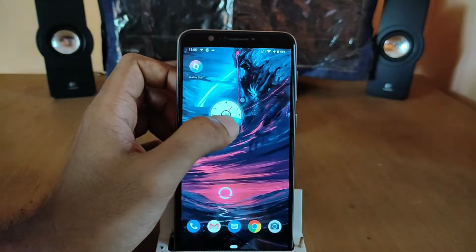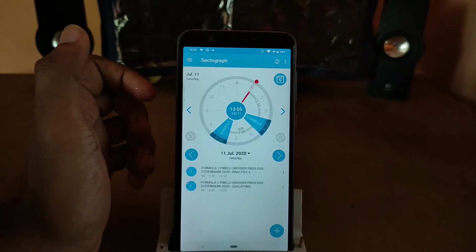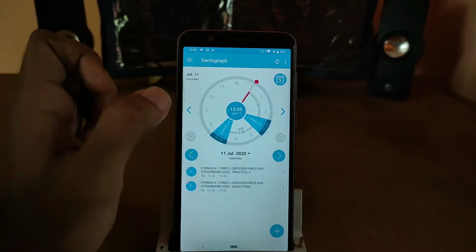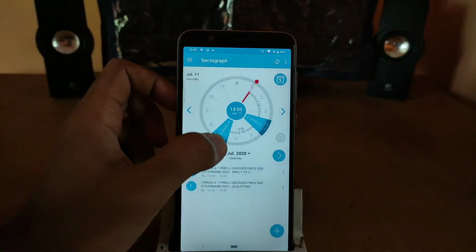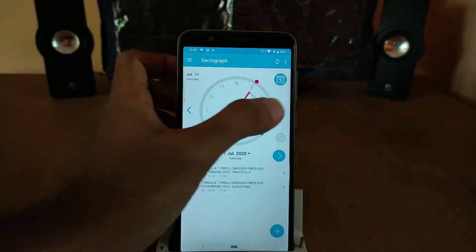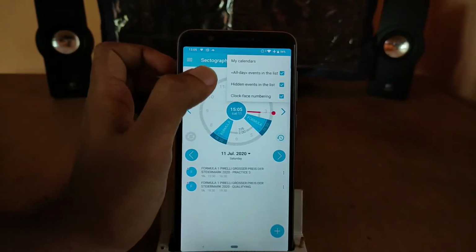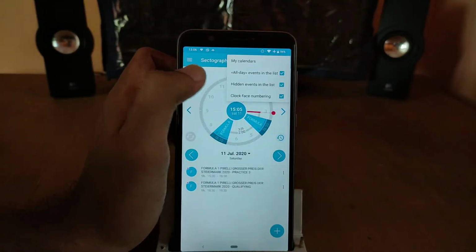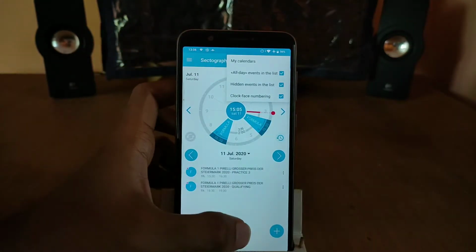So it has just one widget, and if you open it, you can see that it is in a circular shape. It also displays the time. It also shows you the tasks that you have during the day. If you go here to the settings, you can see that you can align the tasks for all day. You can even align for hidden events and even clock face numbering.